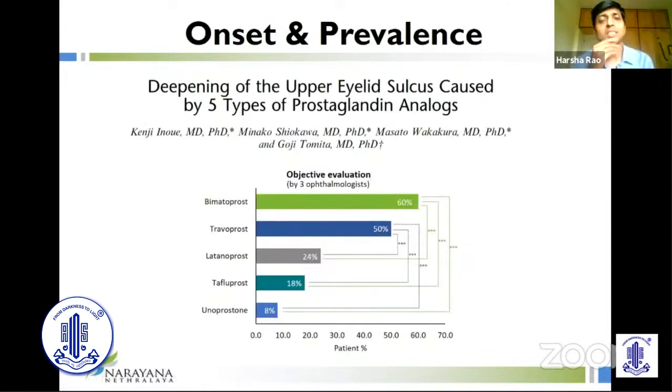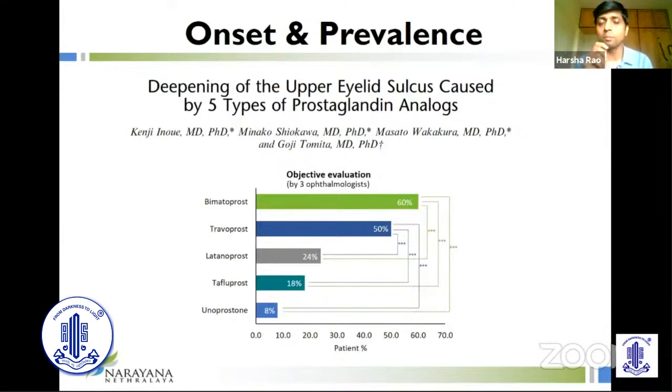So what's the onset and prevalence of PAP? Most of these studies on PAP are from Japan, for that matter. PAP has been studied extensively in Japanese patients, not to that extent in other patients. This was an interesting study where the